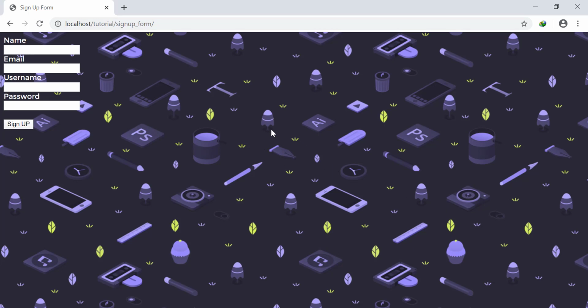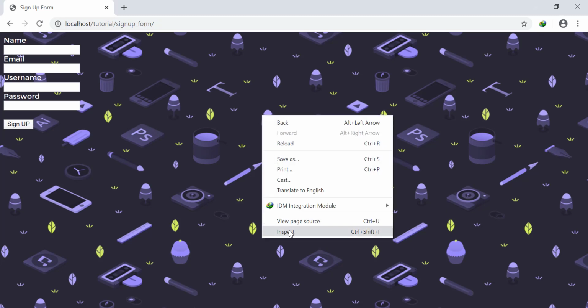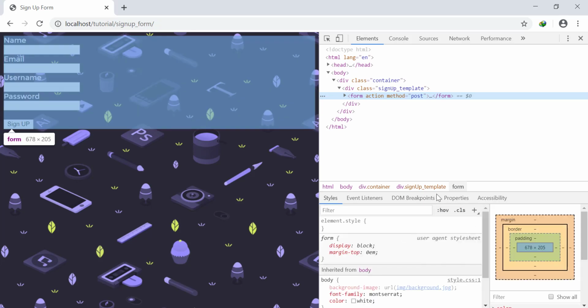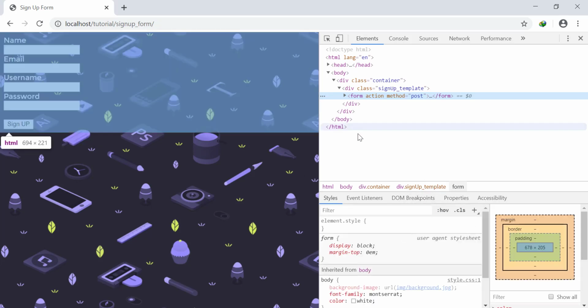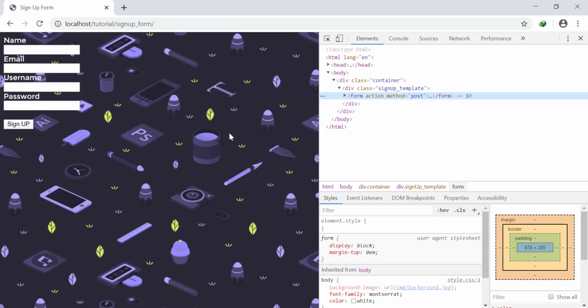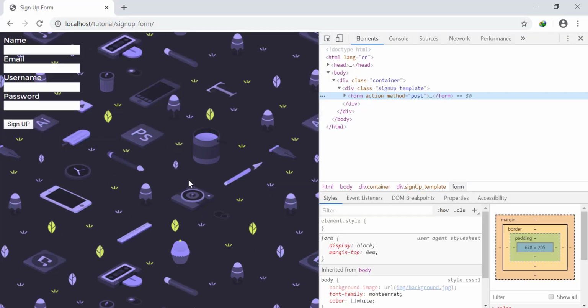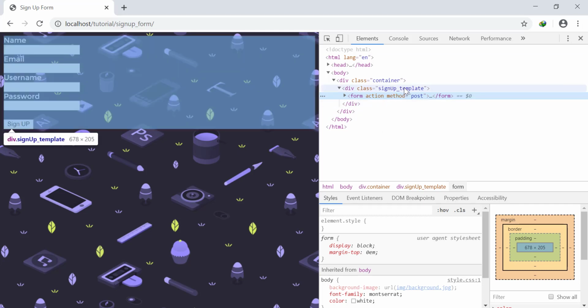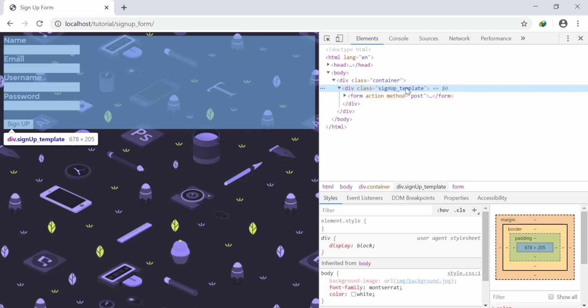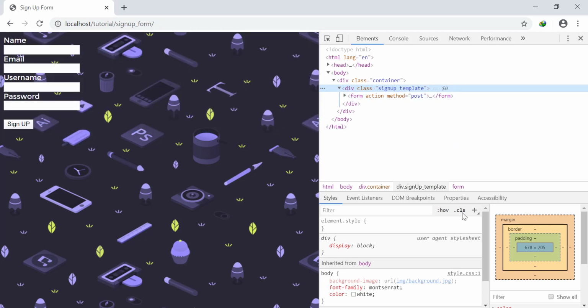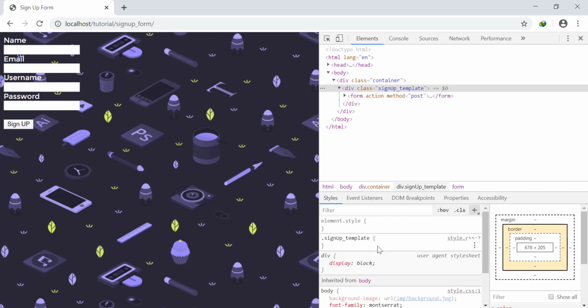Now we leave the text editor for a while and focus on Chrome. Click right and find Inspect. We are about setting CSS setting in here in order to easier for us. Okay, we will design a form background here, and we are heading to sign up template, and click and hold 2 seconds the icon plus and click style.css. Okay, click in here